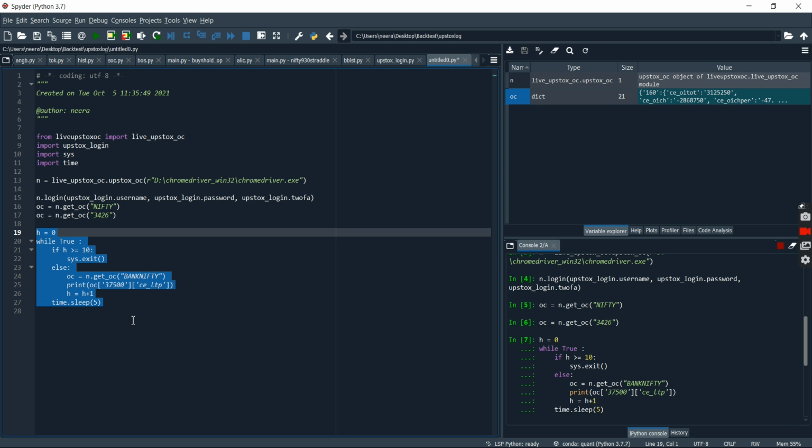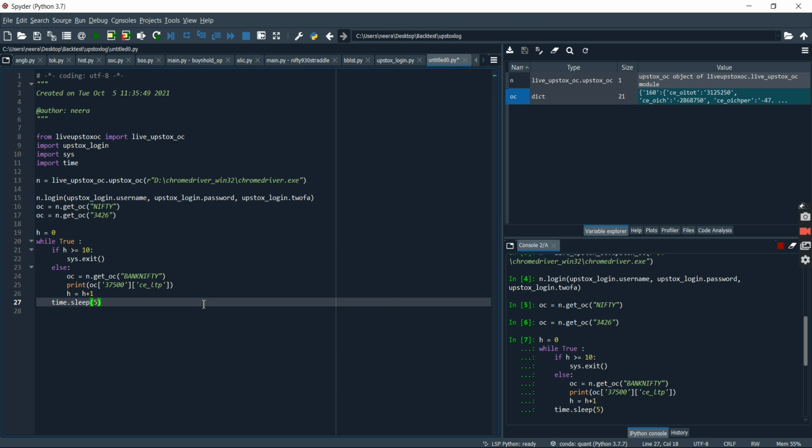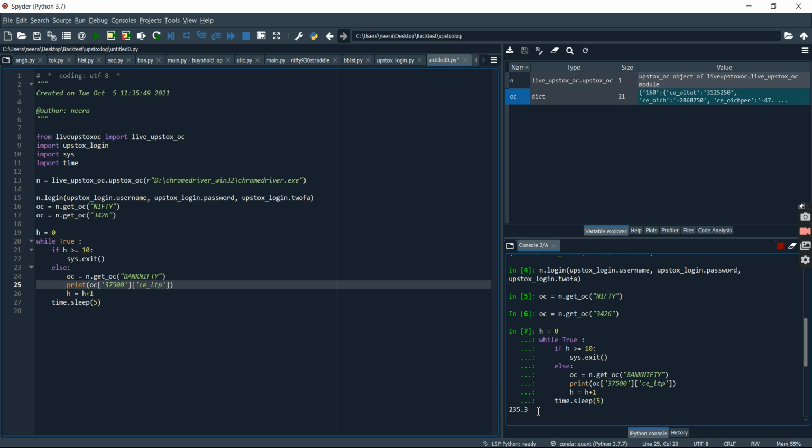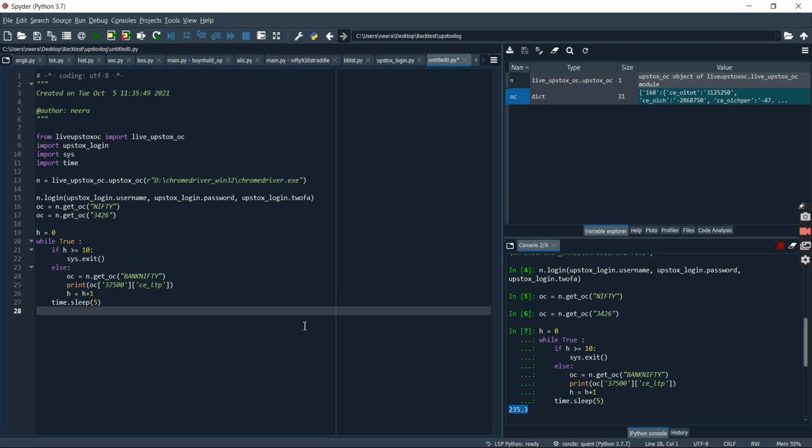So let's just try it out. After every 5 seconds, it is supposed to print out the LTP of 17500C. As you can see, we are getting the output over here right now. Let's wait for some more time.